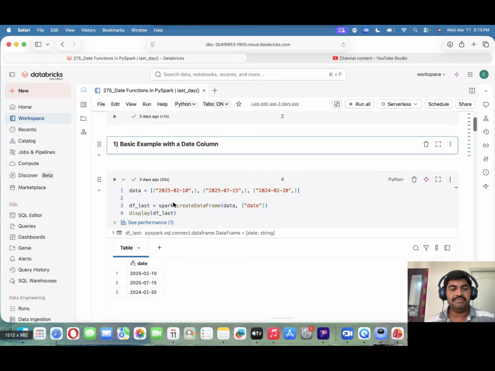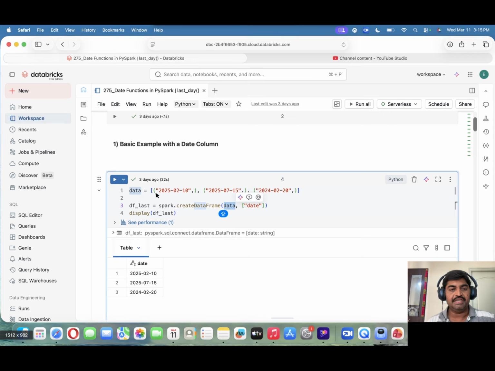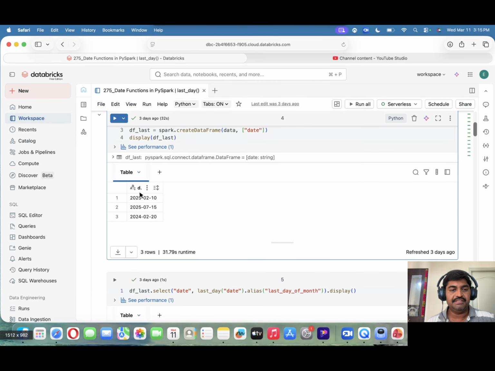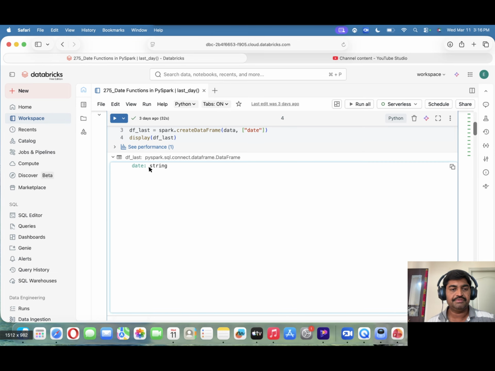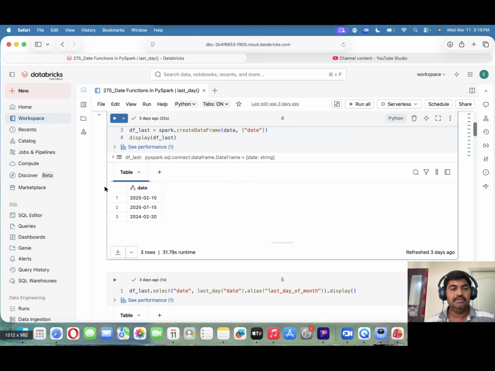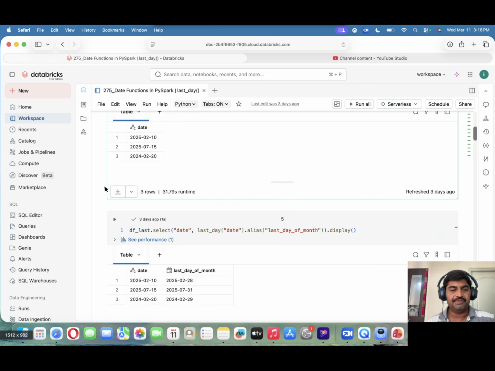I'm creating one sample data frame by using spark.createDataFrame, and this is the data I'm passing here. I have one column, the column name is date, and I'm passing date values here. If I create this data frame, I will get this date as string data type, but we require a date column. So what I'm doing